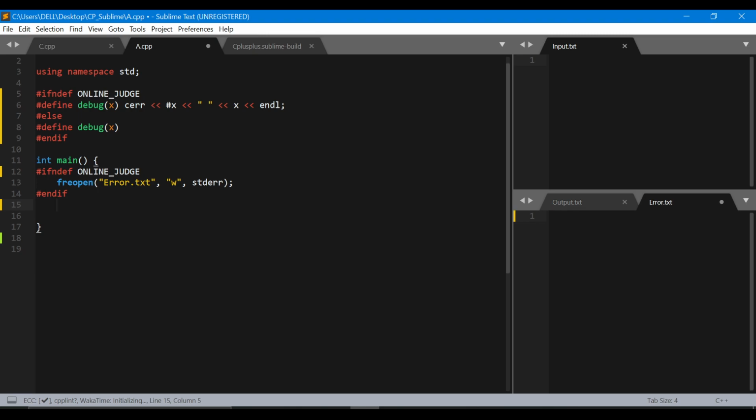Okay, so let's try to do something that is a little more complex now. Let's try to debug a vector. Let's say this is the vector, and again you have a lot of code here, and somewhere you did v1 at v1 equals 5, and then again you have a lot of code, and now you want to see what are the contents that are present inside this v1 vector. So how will you do that? One way to do this is by something like this, or you can do it like this.